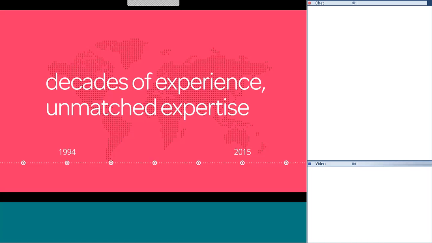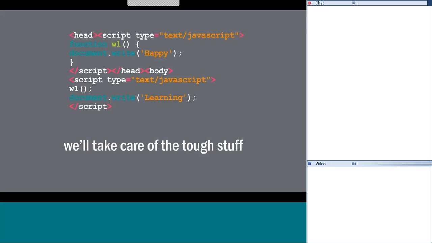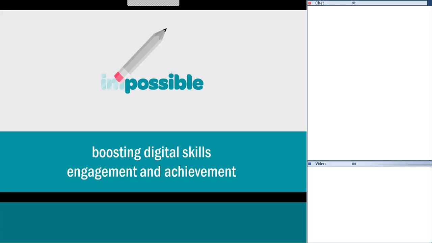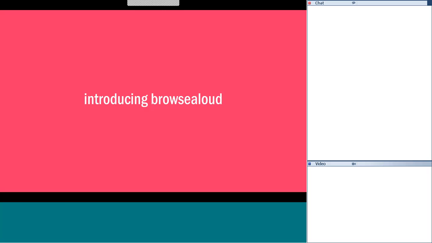And we have decades of experience in working with literacy and digital inclusion projects around the world. So we really do know how to take care of all the tough stuff. And we help boost digital skills, engagement in society, and personal achievement, thereby helping make the impossible possible. And the tool that I want to talk about today particularly is called BrowserLoud.